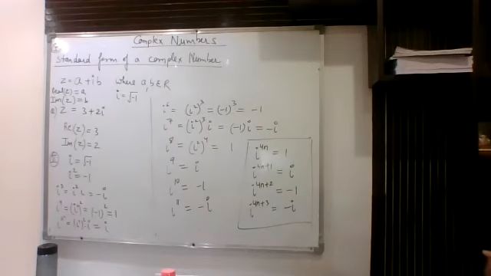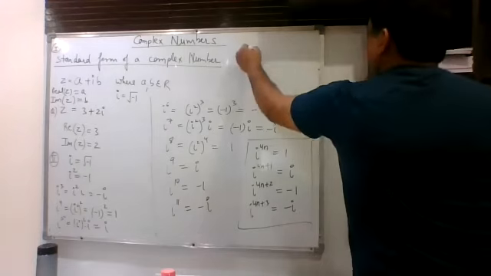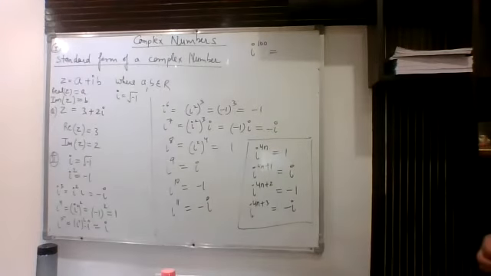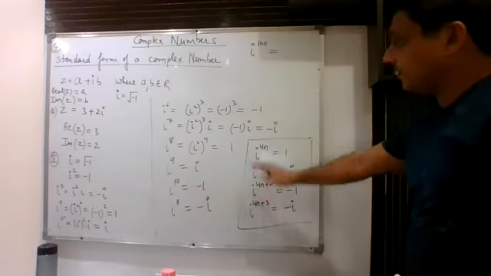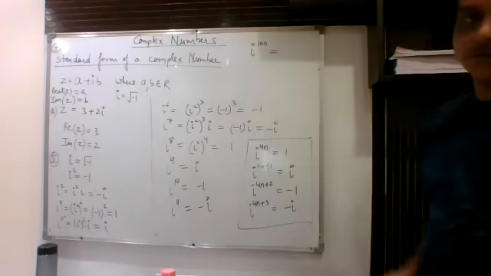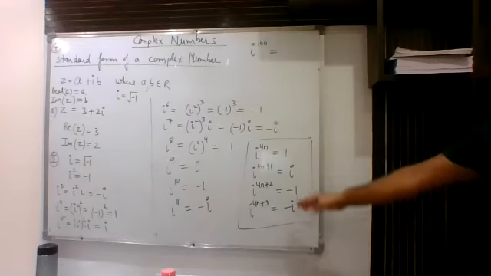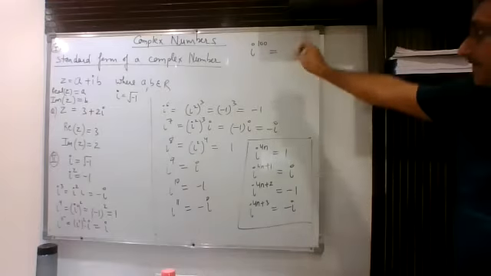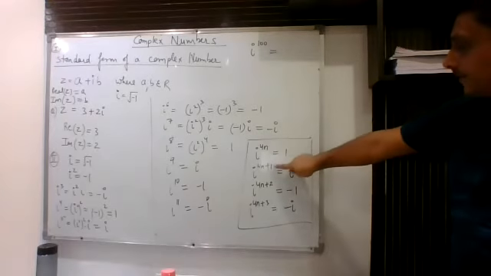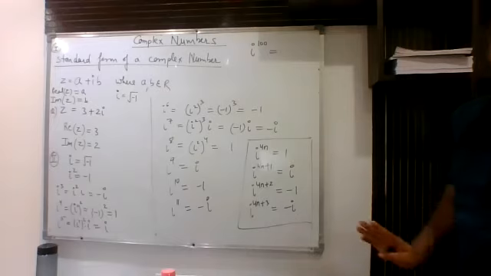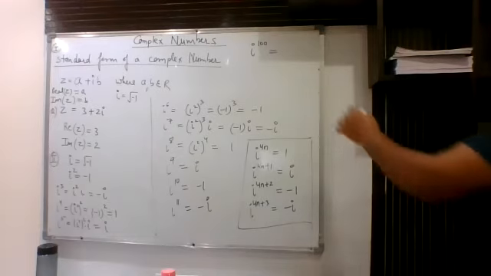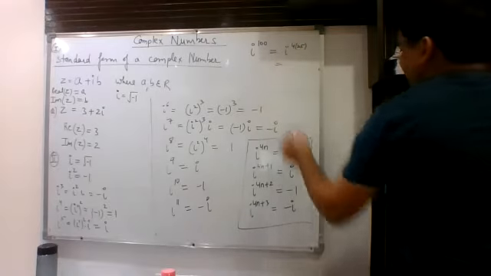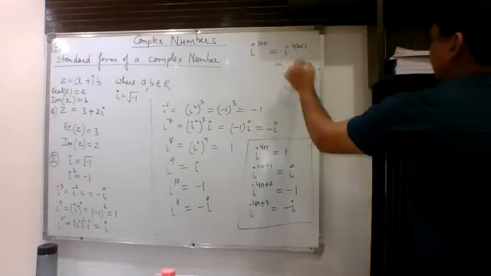Now suppose someone is asking you what is the value of i to the power 100. Either you can apply this method, or you can break this in terms of i square, then also you can find it. Let us apply this. Basically, we will divide this power by 4. When you divide any number by 4, your remainder is either 0, 1, 2, or 3, and accordingly you have to give the answer. Now when you divide 100 by 4, you can write this as 4 into 25. The remainder is nothing, so it goes under this category and your answer will be 1.